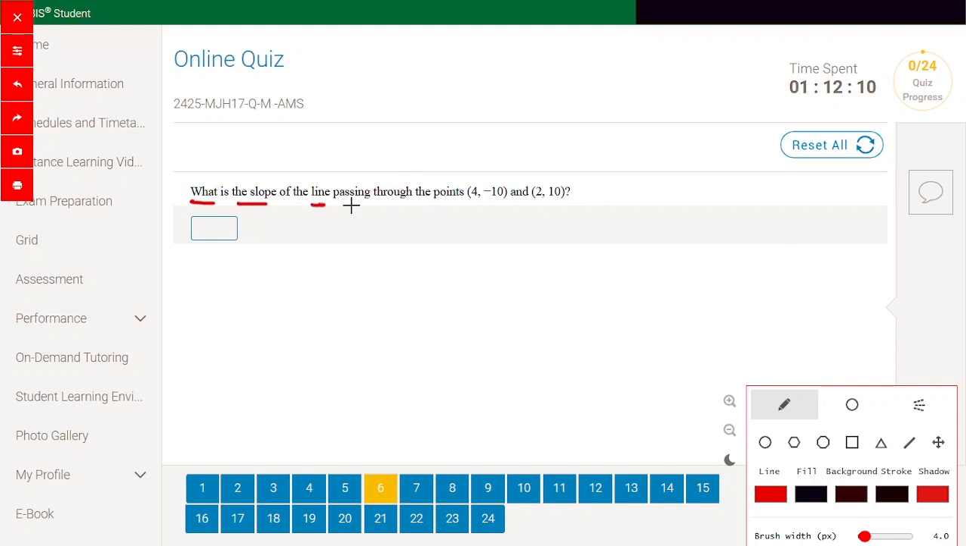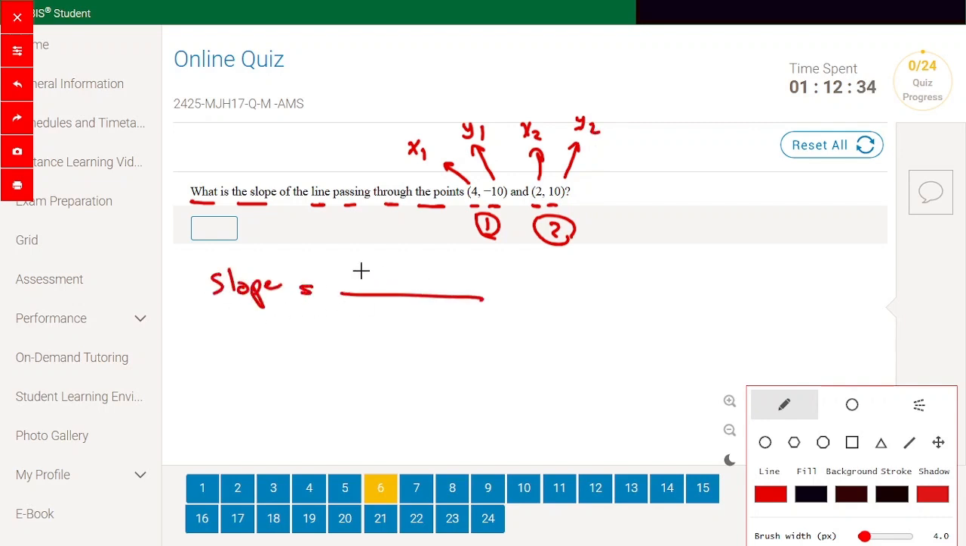What is the slope of the line passing through the points (4, -10) and (2, 10)? So this is point 1, this is point 2: 4 is x1, -10 is y1, 2 is x2, and 10 is y2. So the slope is equal to y2 minus y1 divided by x2 minus x1. So y2 is 10 minus -10